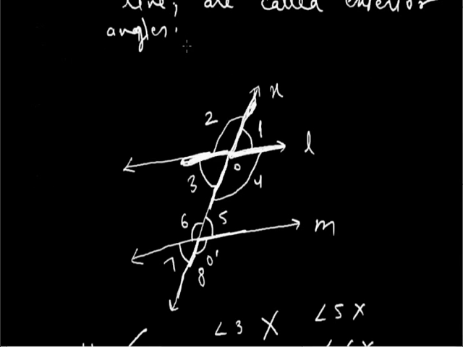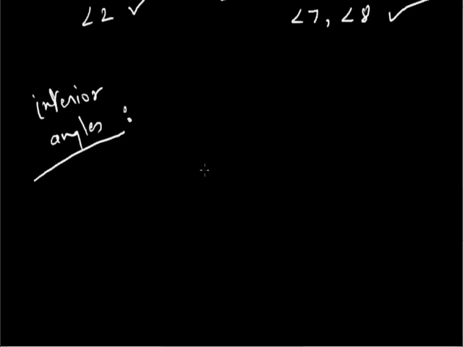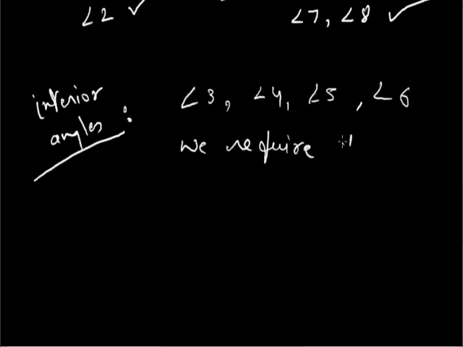So in this diagram we can see that to construct angle 3, angle 4, angle 5 and angle 6, we require the portion